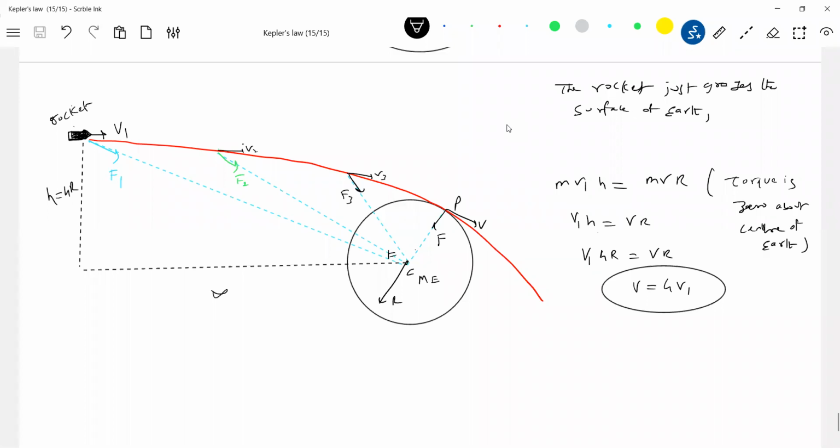Sir? Yeah. Yesterday you gave a question, sir. There are two planets of mass m and 16m, which are separated by distance 10a. That question's answer you told, sir. I'm not getting that answer, sir. Solve it, it's an advanced question. Sir, I solved it. The same question was given in some other book. I checked the answer, sir. It was different. Okay, I'll also check. Send it on WhatsApp. Okay, sir.